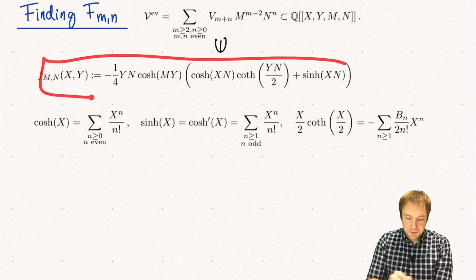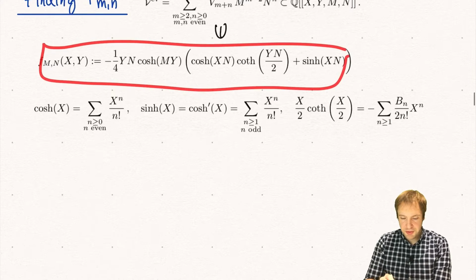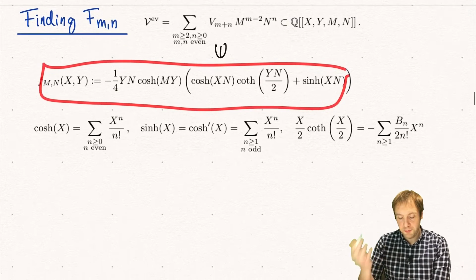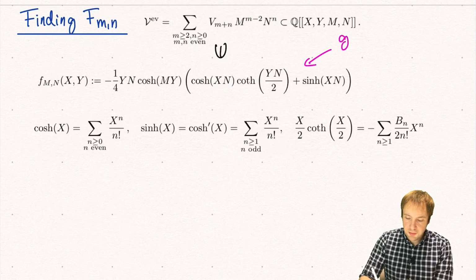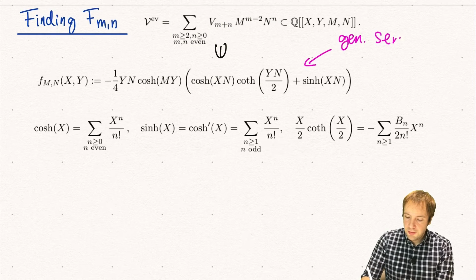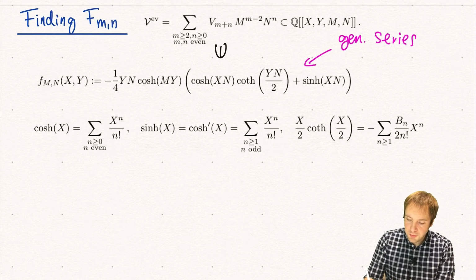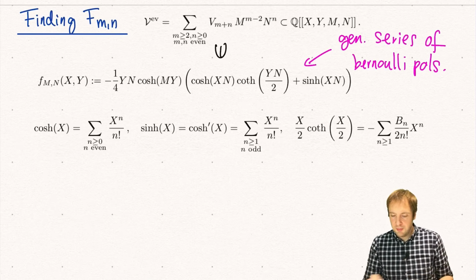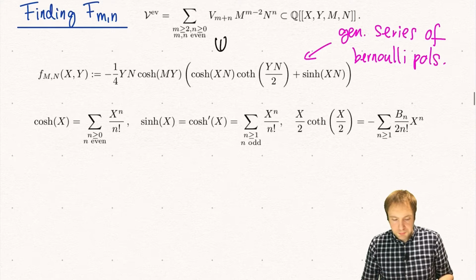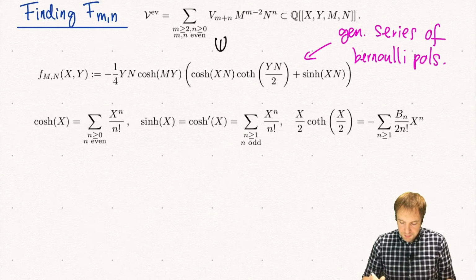And with this generating series, which comes somehow forth from the sky, but this is basically the generating series of so-called Bernoulli polynomials, maybe just written in a little bit fancy kind of way. And with this,